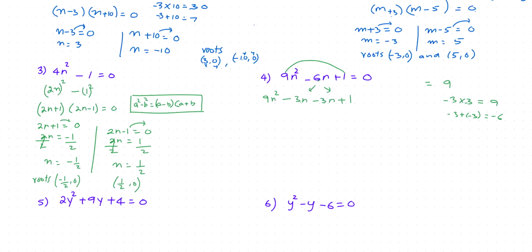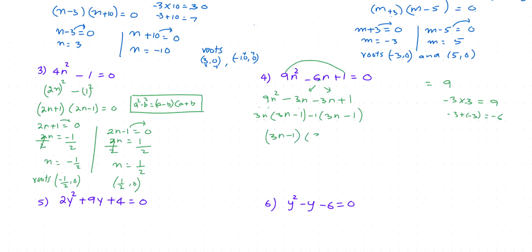In the first two terms we find what is common. 9n square minus 3n. We can divide both by 3n, so 3n is common. Take out 3n, so we get 3n minus 1. Here nothing is common, so we write minus 1. Then we get 3n, positive and minus become minus 1. So now we have one common factor, that is 3n minus 1, and the other factor will be 3n minus 1